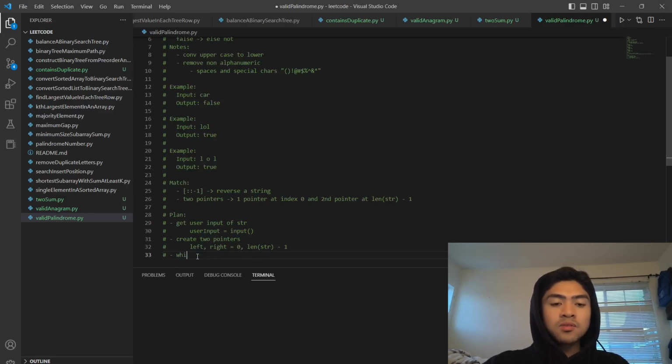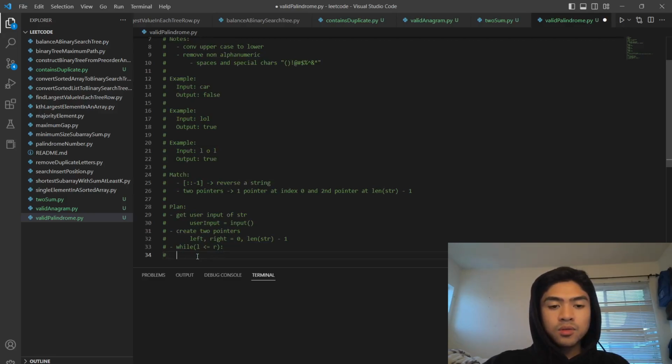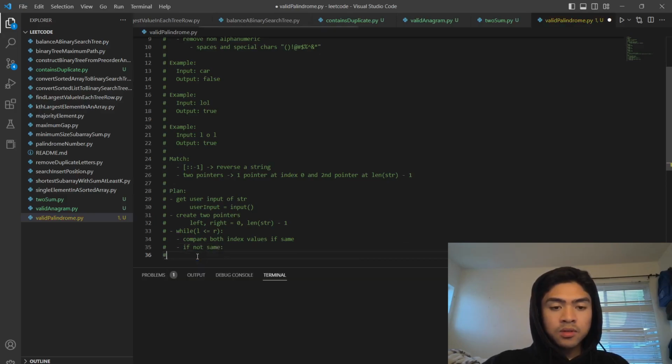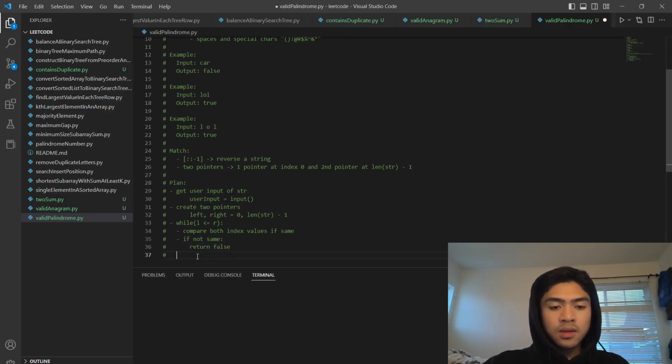And then from there we can just do a little while loop, kind of similar to binary search in a way. We can say left is less than or equal to right, because what if they're at the same index, right? Going to compare both index values. If not the same, going to return false, and then if true,